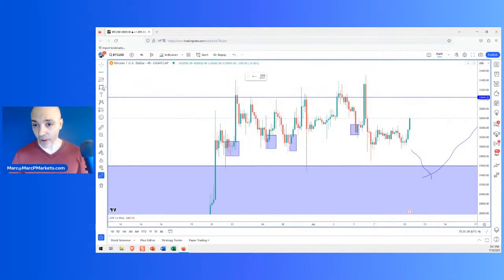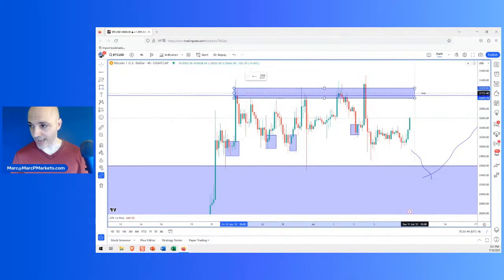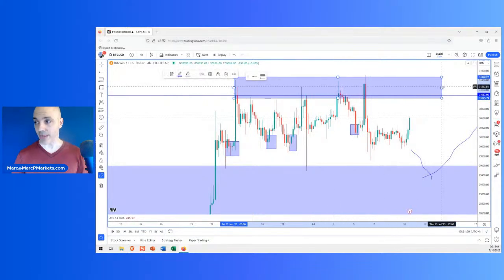They're not sitting there looking for more. And by the way, up in here is where all the fake gurus usually tell you to get in, and they usually tell you the move is just getting started. This is where all the sheep pile in, all the people that are going to get fleeced and basically let my members out for a profit. That's who buys up here. Not professionals. Morons buy up here. So please don't be a moron.